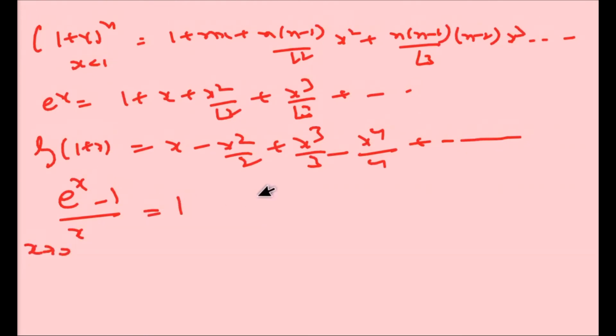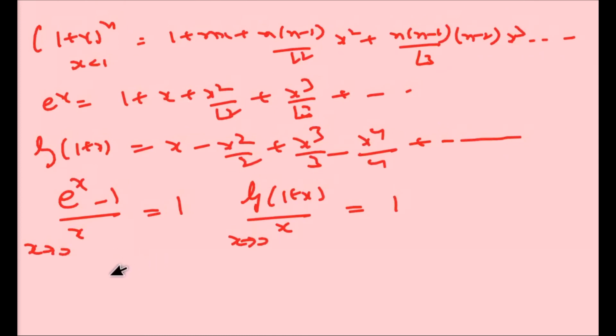Okay, you can use this formula directly, and also log(1 plus x) upon x, x tends towards 0 is equal to 1. So you can check here, if you use this formula, taking the x common and cancelling, here will be 1, and putting the value 0, you can find the value 1. Okay,